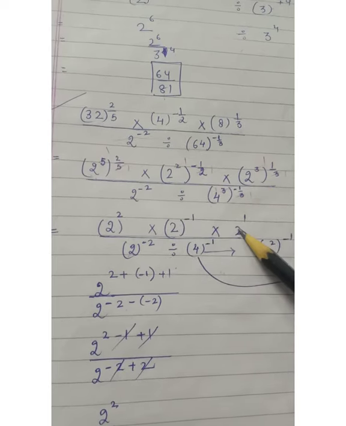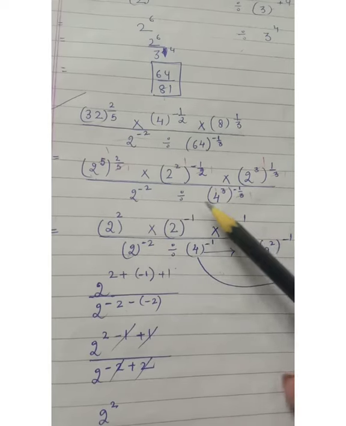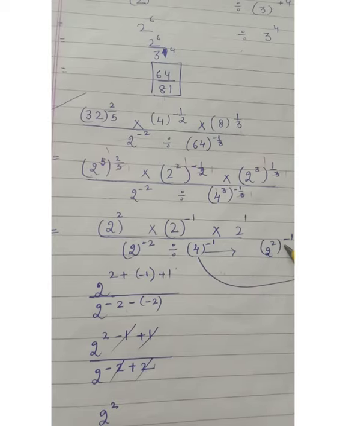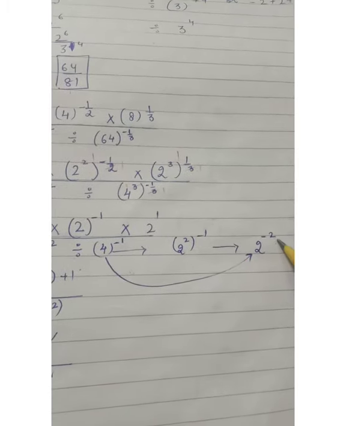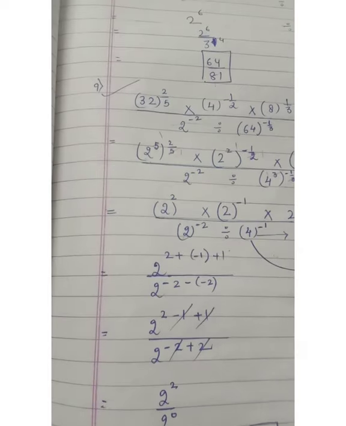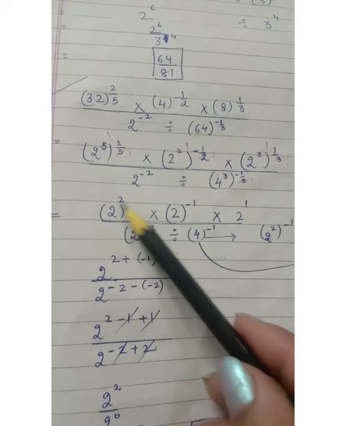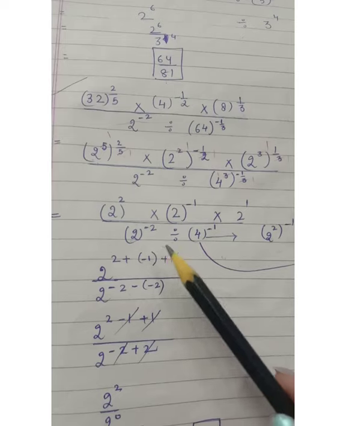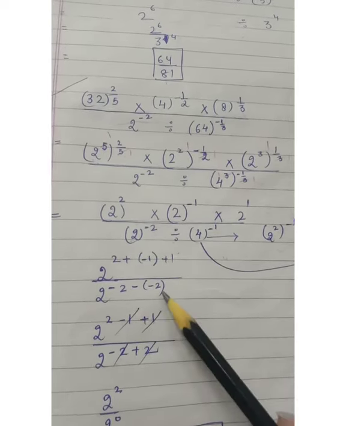3 and 3 gets cut, this is 2 power 1, and in the denominator that's 2 power minus 2, and 3 and 3, that's 4 power minus 1. Now this 4 also you can write it as 2 power 2 and second power is 1. That will finally become 2 to the power minus 2, because all bases are 2 only, so we convert it to a base 2. Now in the numerator, this is being multiplied, so all the powers will be added, 2 plus the second power plus the third power, and in the denominator, this is division, so the powers will be subtracted. So first power minus the second power.